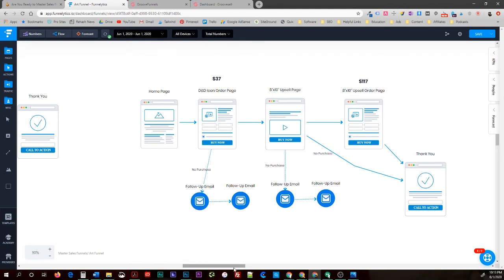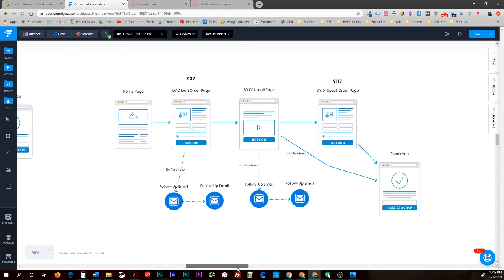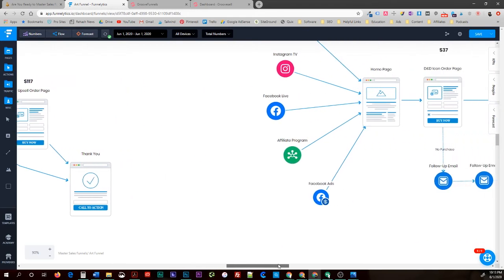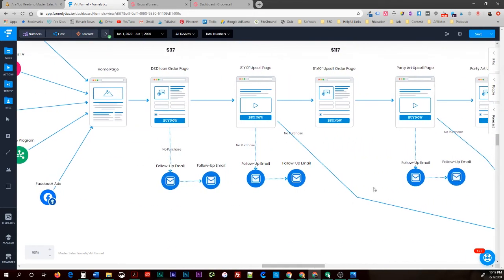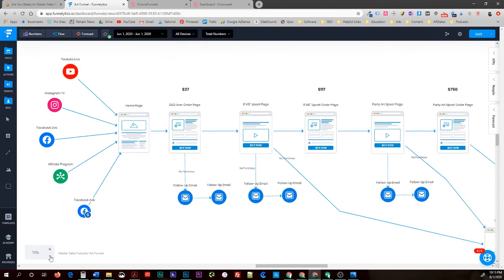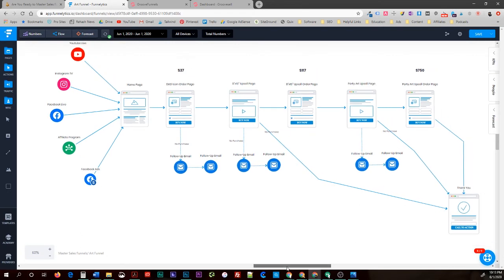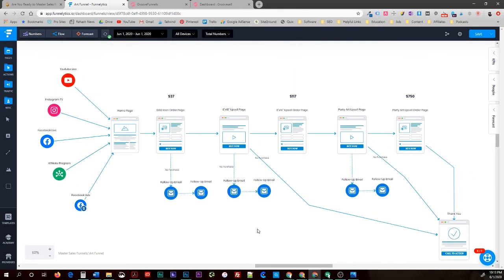And I would like to say that it could end there. It can if you want, but I would even maybe take it a step further. I don't have a visual example of this, but as you can see, the sales process can get a little long, but once you have it set up, it will definitely pay for itself. So what you have after your 8x10 is maybe you could have a party art upsell, where if they get